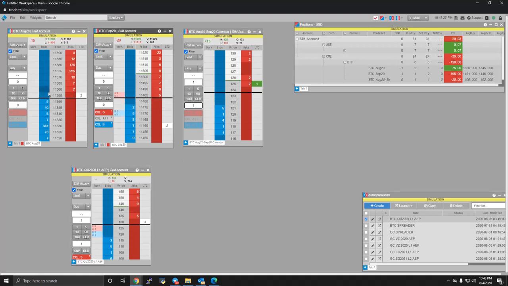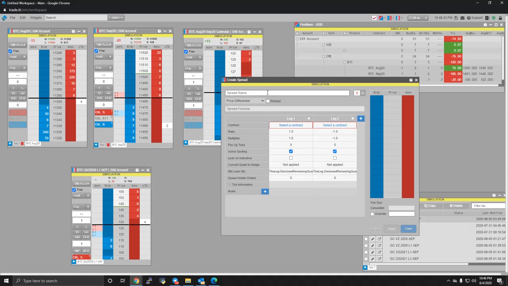So now let's expand our market making capacities to the BTC August 2020 outright market. So I'm going to go back into my algorithmic execution portal, and I'm going to name this BTC QU 2020. Just got filled on a spread. We just sold a spread. BTC QU 2020 leg 2, and there we go. And let's make leg 1